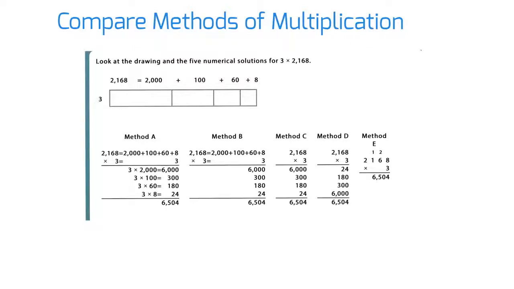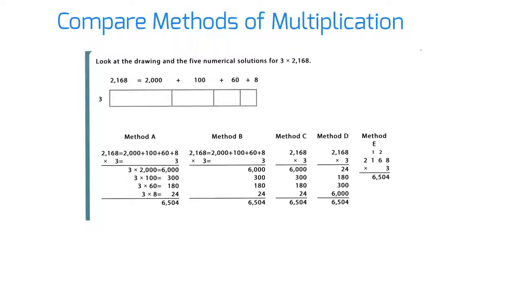Okay, so by now we have learned all these different methods for finding the product of two factors, and we have an area model for 3 times 2,168. So we have methods A, B, C, D, and E that are all different ways to get us to the same product. So when I'm looking at these methods, I want to ask myself, what is similar? What patterns do I notice? What are the same parts to each of these methods, or what do they have